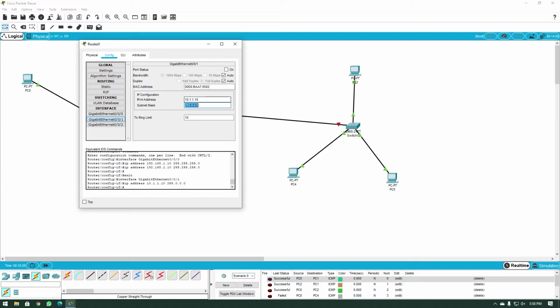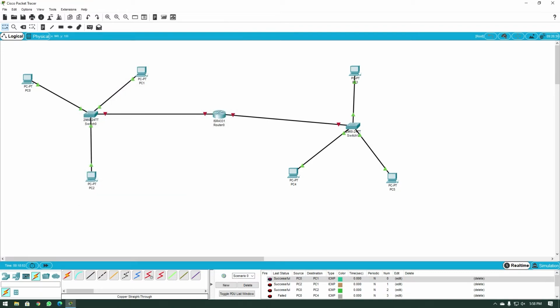I'm just giving it 10.1.1.10 just to match with this pattern over here, just for aesthetic purposes. You can just give an address of 10.2.2.10 or something. Anything after the 10 on the left does not matter, because they all belong to the class A network that we are dealing with over here. And when I tab, I get the subnet mask populated automatically. Then I'll go and close this dialog.